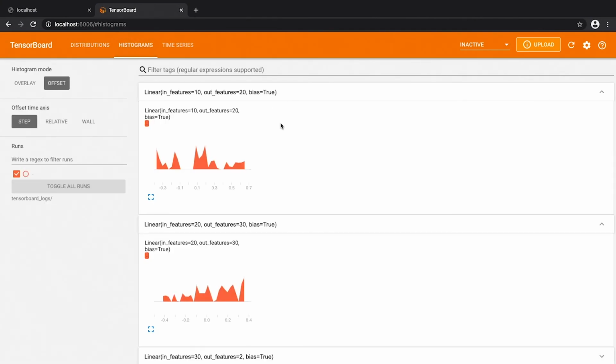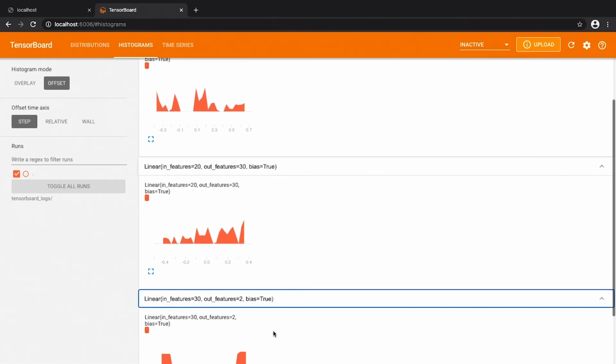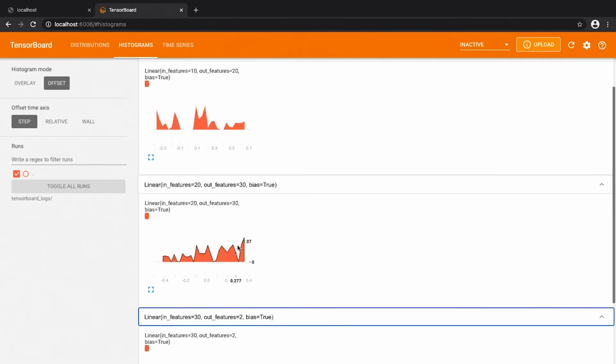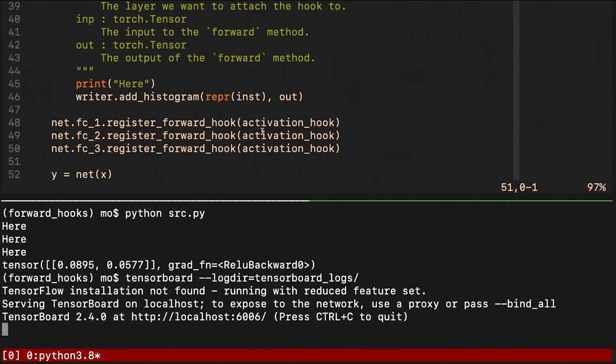Going to histograms, and as we can see here, we again have 3 different histograms, all representing the 3 linear layers. Here the representation is different. Before we used just numbers. Now we have like a full-blown representation string of that layer. Okay, so we managed to reproduce the functionality that we had before with forward hooks, which was the goal. And arguably the solution is way cleaner, and I have used it a lot of times.